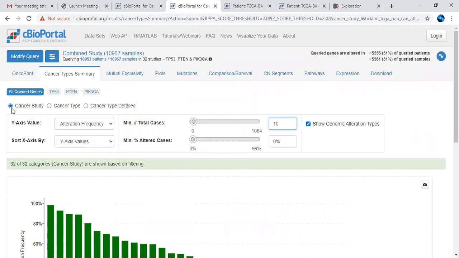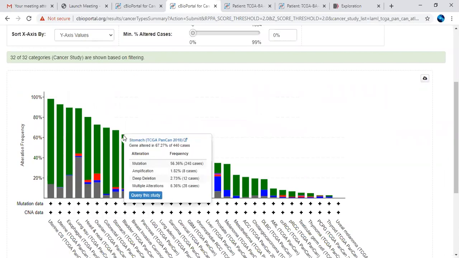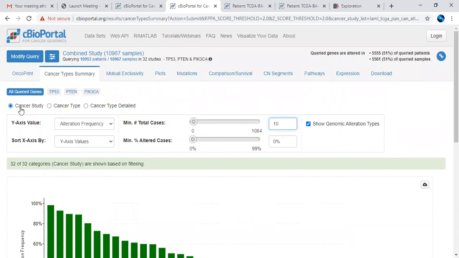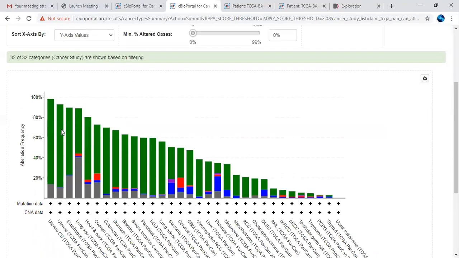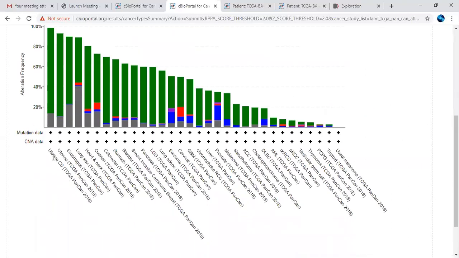If you want to show the particular bar plot with respect to only a cancer study or cancer type in detail, you can do so. So these plots have been generated based on the alteration frequency, mutation count data, and copy number alterations. Here the data has been generated based on 32 different cancer types of the TCGA pan cancer data sets.